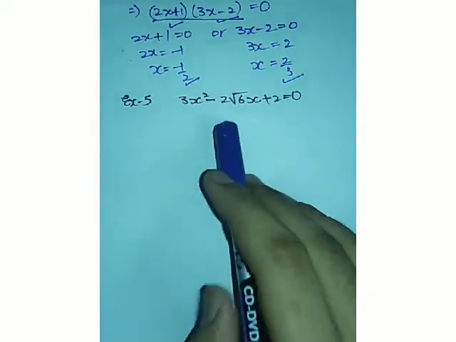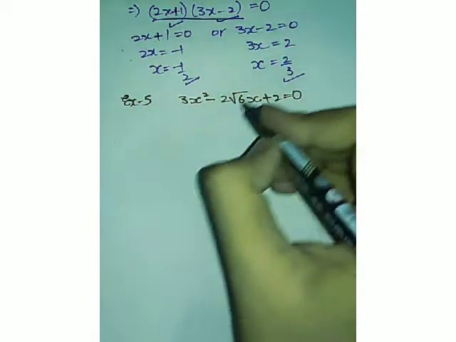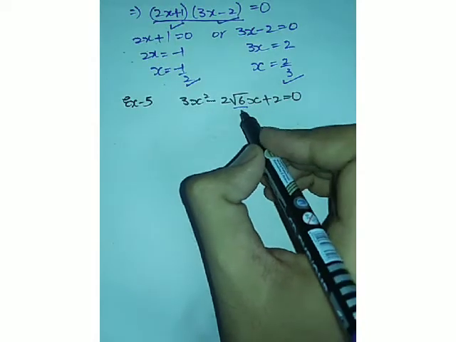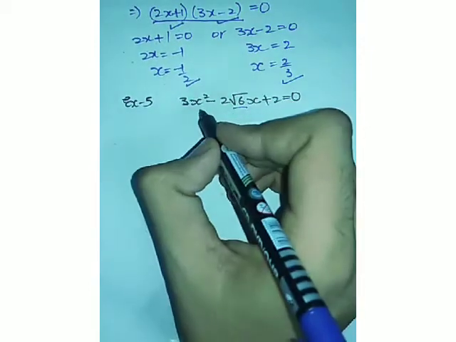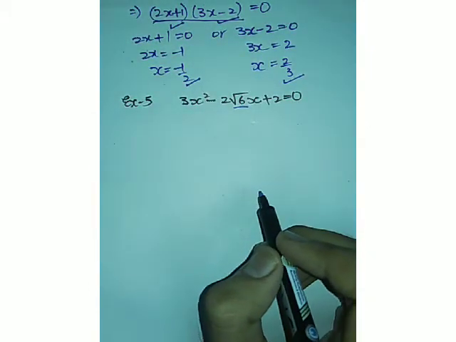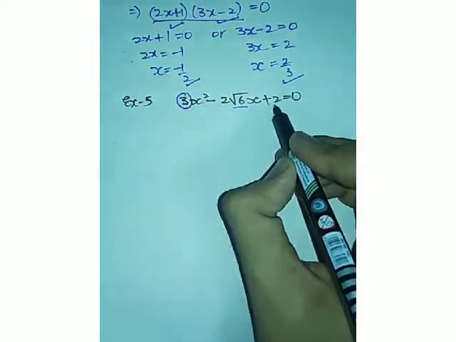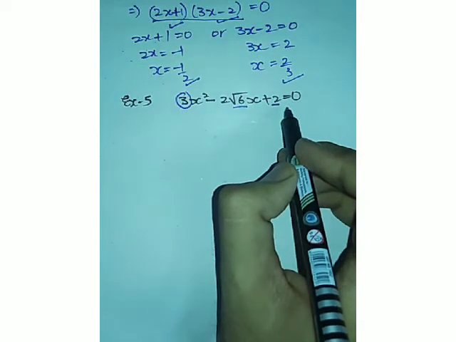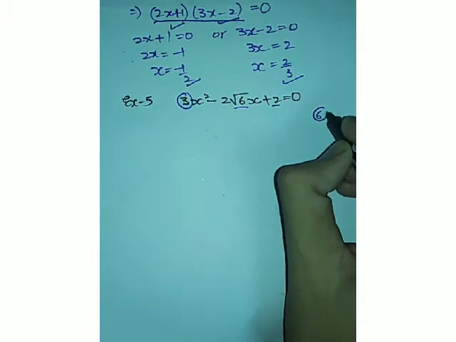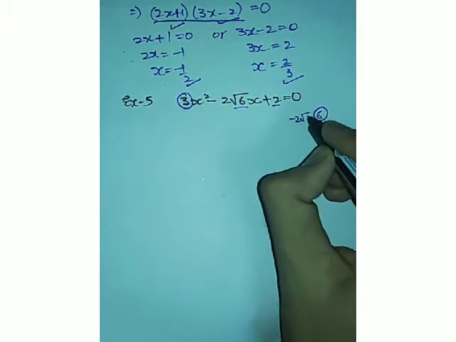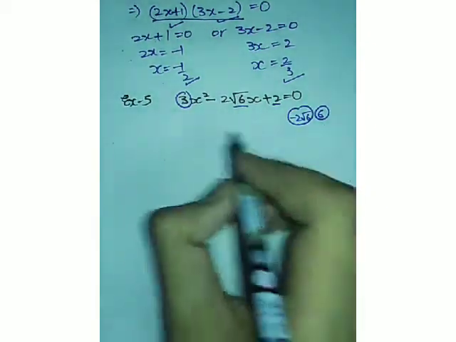Now this is our next example, example 5th of NCERT exercise 4.2. It's looking a bit complicated to some of you, I'm pretty much sure, because it is including root under root 6. But let me tell you, it's very easy, and even if it's not, I'm going to make it easy for you. Don't worry. So here the coefficient of x square is again 3 and the constant term is 2. It means you have to find two digits. By multiplying you have to get 6, and by adding or subtracting them you have to get minus 2 root 6, right? These two are our desired terms.